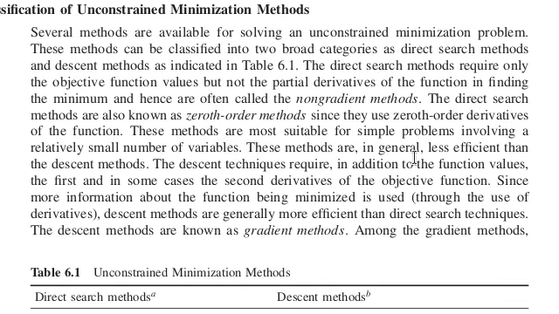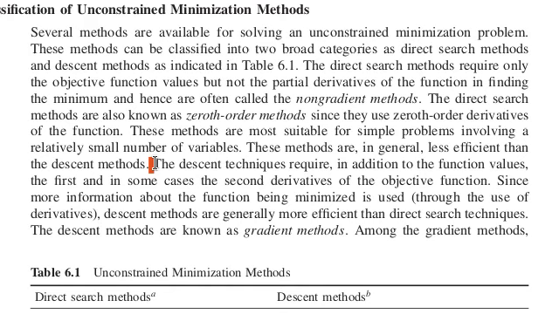These methods are in general less efficient than the descent method. The descent method means the gradient based method. The direct search methods are less efficient, as you saw in the simplex method, where there were so many calculations.